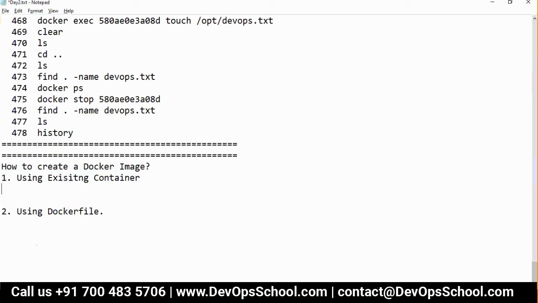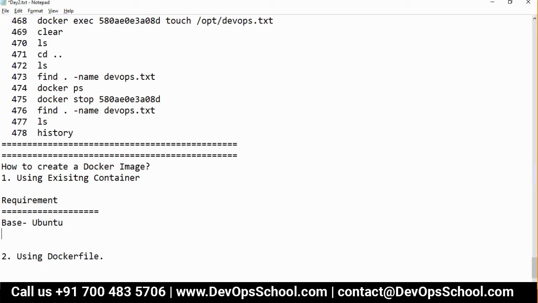So now let's create an image. Before creating an image, you have to have a requirement, right? Without a requirement, how can we create an image? So I have a requirement. Let's say someone is saying, okay Rajesh, give me one image which has a base of Ubuntu. It can be anything else also: CentOS, Fedora, Ubuntu, Debian, and so on. My root file system should be Ubuntu, the base image as Ubuntu.